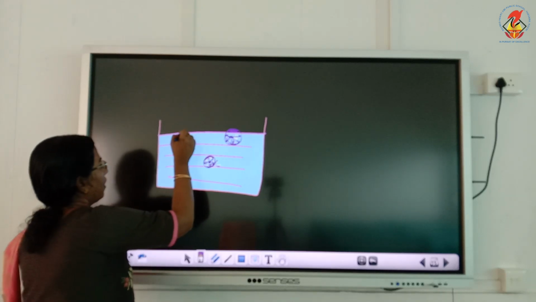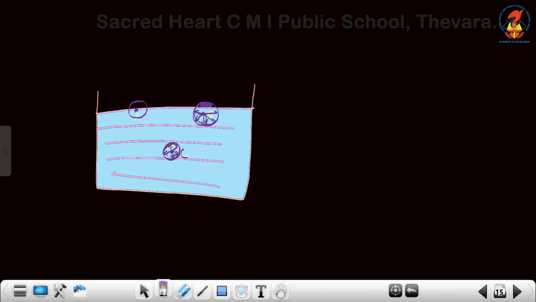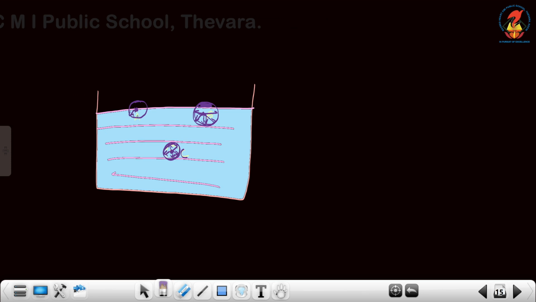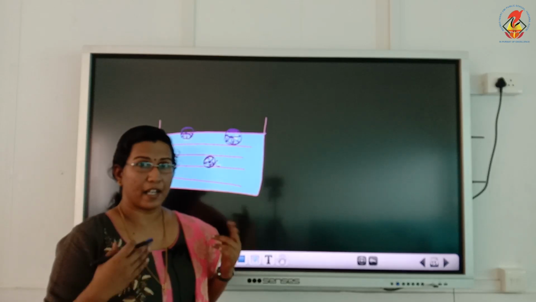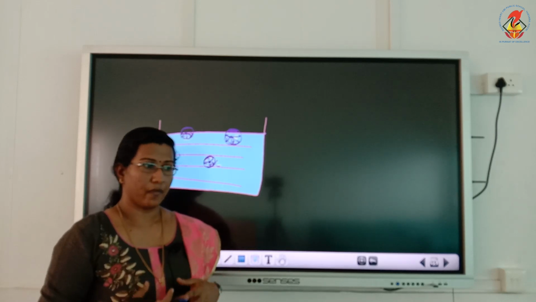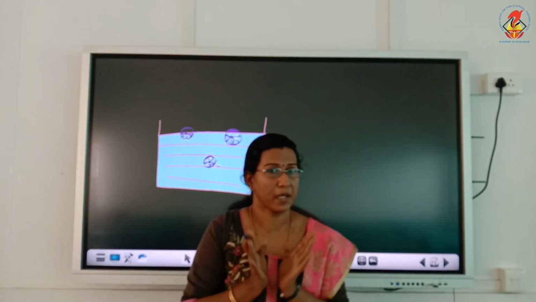Now take the case of a molecule at point A, with this as a sphere of influence. Now only half of the sphere of influence is lying within the liquid, and the remaining half is outside, which means the downward force acting will be more. So there will be a net downward force acting on the molecule lying at the surface of the liquid, and there are many molecules on the surface. If the downward force is more, it means potential energy is also more. We all know that for a system to be in equilibrium, energy must be minimum.